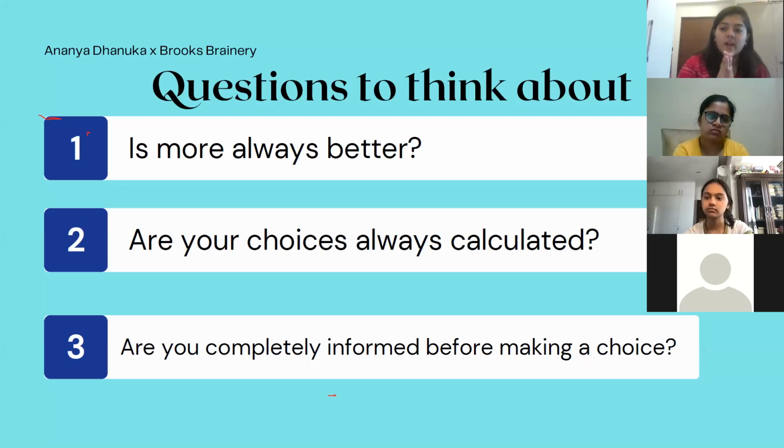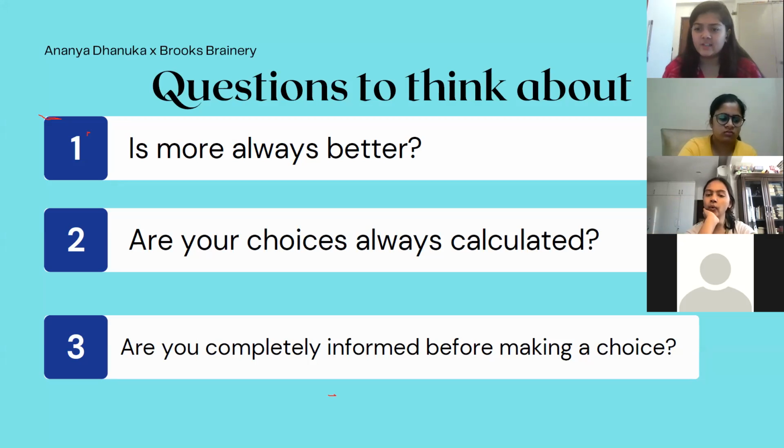What I'll leave you with is again questions to think about as we meet next week. Is more always better? That's something I really hope that people can come up with. Second, are your choices actually always calculated? We did this entire thing, right? Plotting indifference curves, then plotting budget sets, and then combining the two to reach an equilibrium. But do you do those calculations? And even if you don't do such elaborate calculations, what are calculations that you do? And can we discuss that? Okay. What are metrics that you take into account?